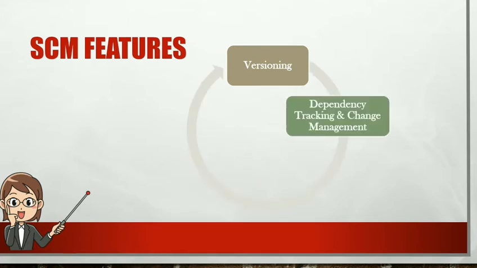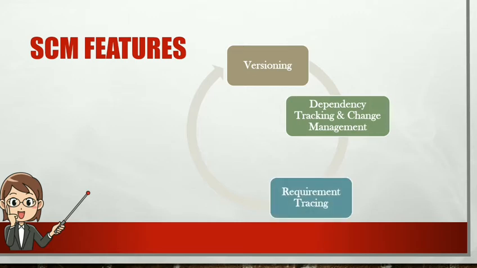Next is dependency tracking and change management. The database or the repository stores various relationships among the configuration objects. The relationship may be between entities and processes, or between application design and component design, and between all design elements. Some relationships are optional and some are mandatory relationships that have various dependencies. So to keep track of various history and relationships is very important, and it is achieved with the help of dependency tracking and change management.